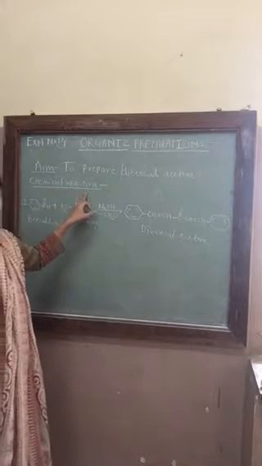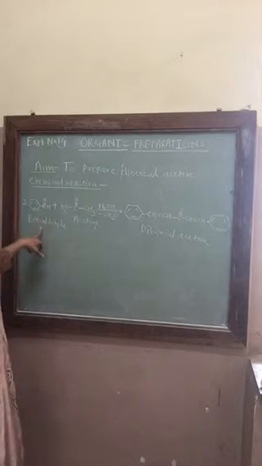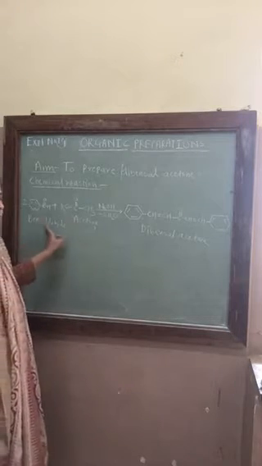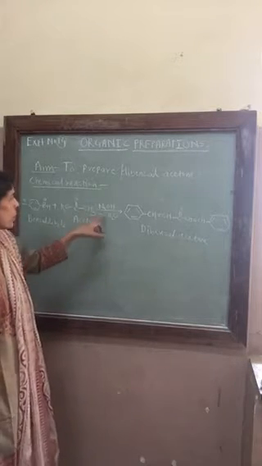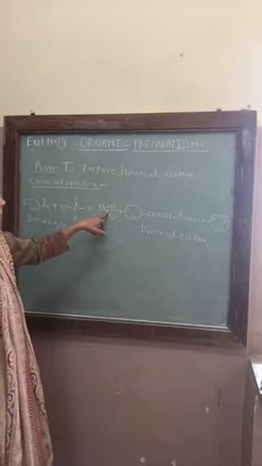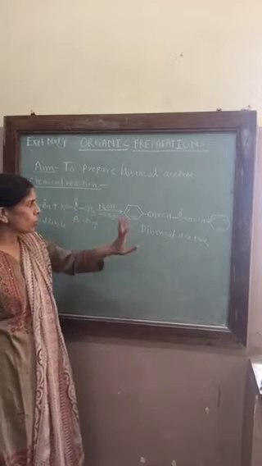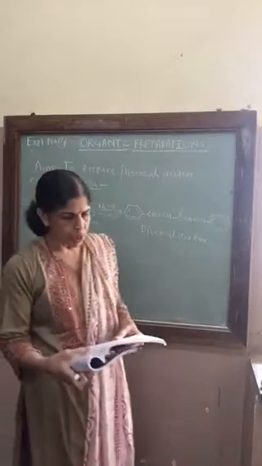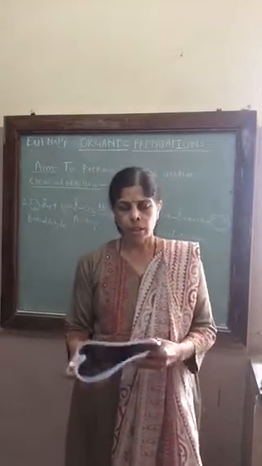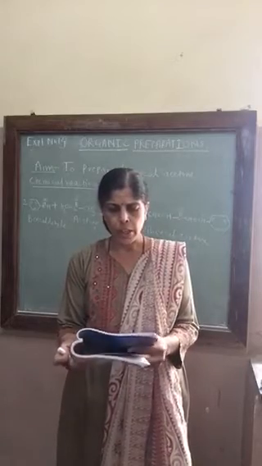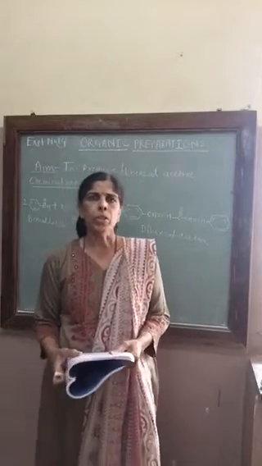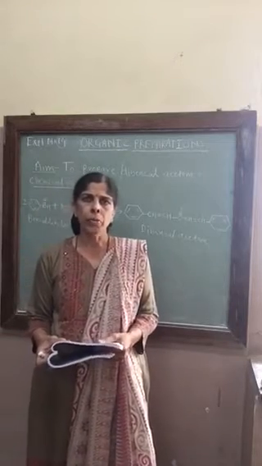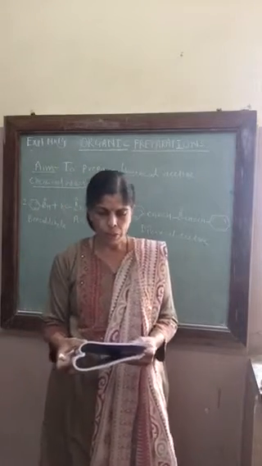The chemical reaction involved in this is benzaldehyde plus acetone. They will react with each other in presence of alkali NaOH, and we will get dibenzyl acetone. Now see the reaction which is given in your handbook also. Now I will read the procedure, and whatever corrections are there or whatever points are to be discussed, I will discuss. You are going to make the corrections in your handbook with pen or pencil.